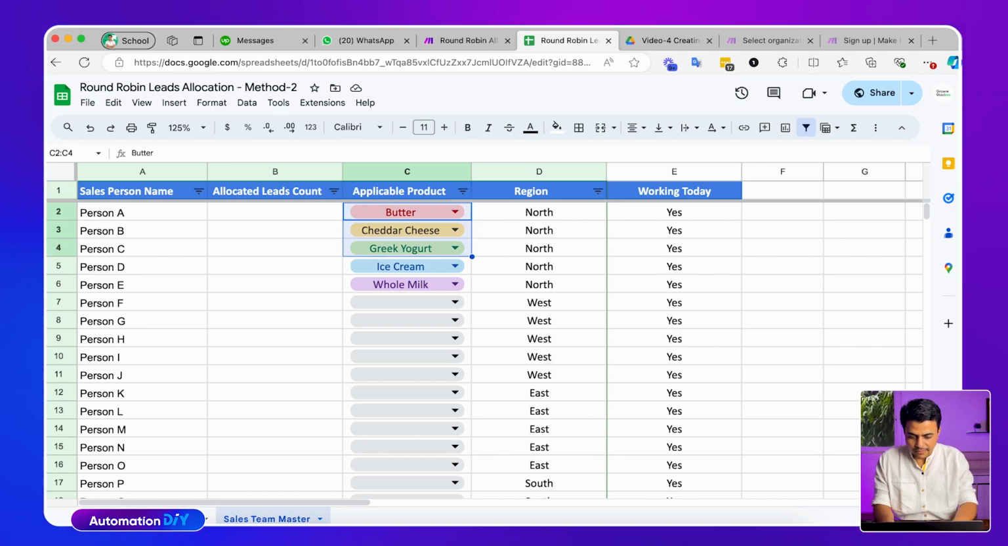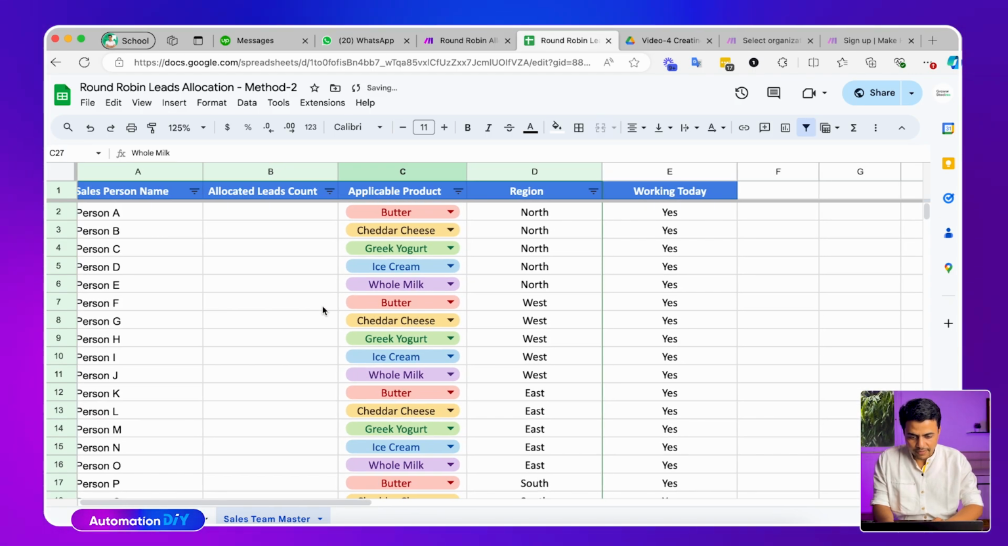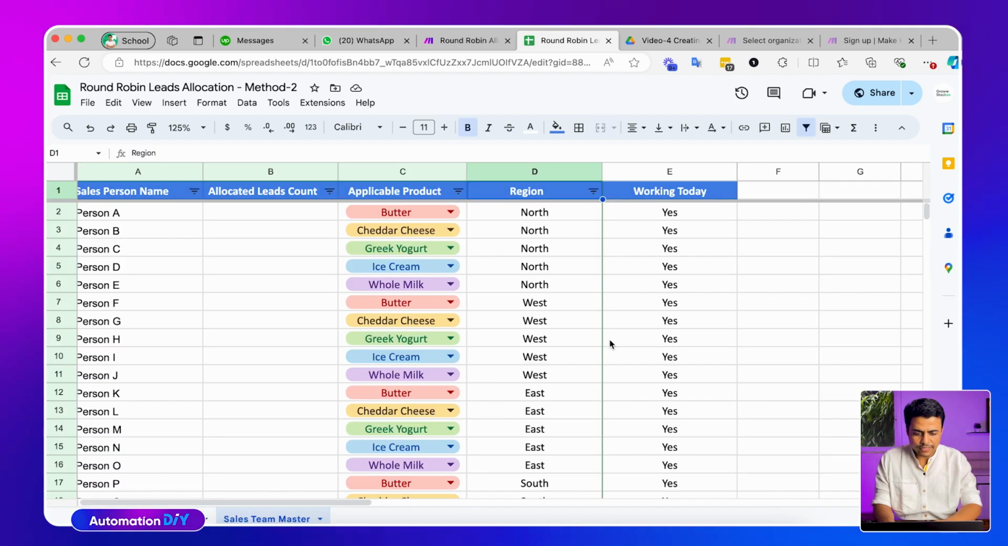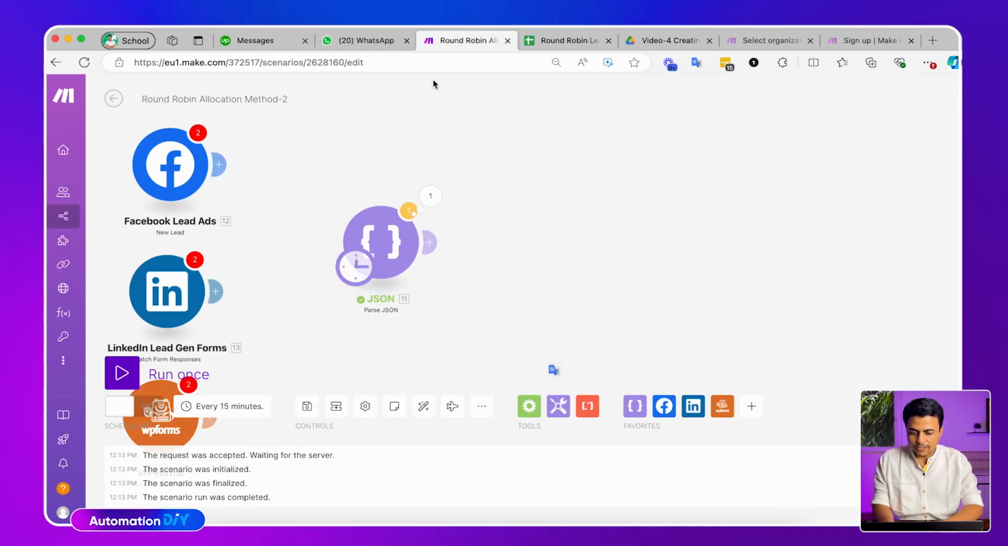So let me just replicate this entire thing across all the different salespeople until here, and considering this person is also selling whole milk. And over here we have reason. At this point, I'm not considering whether someone is working today. I'll just go for these two conditions of applicable product and the reason, assuming that everyone is present by default on this given day. So what we should do initially, first of all, when a lead is coming in,